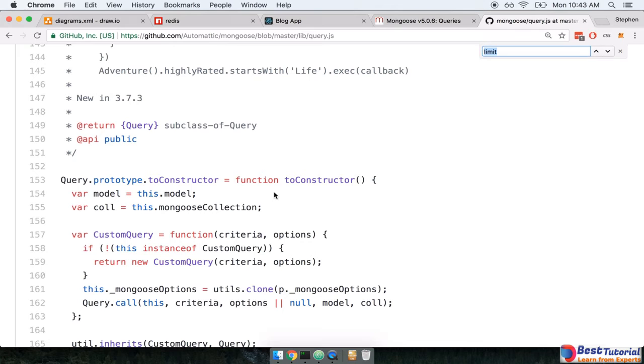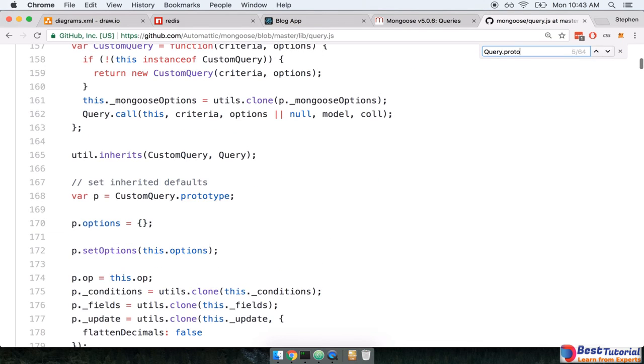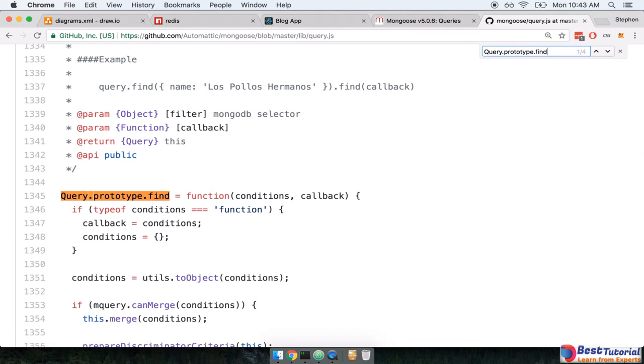And we can see an example of that if we do a search on this page for .find as well. So Query.prototype.find. Again, this is some more basic JavaScript stuff, and my goal right now is to just give you a better idea of how a query is created by Mongoose itself. Now the function that you and I actually care about is the exec function. That's the function that we want to somehow hook into or override and add in our own custom caching